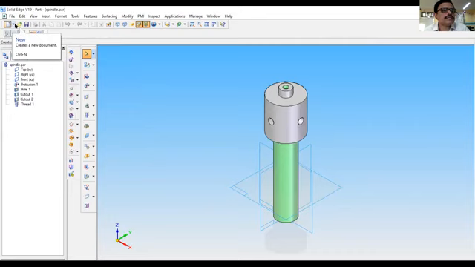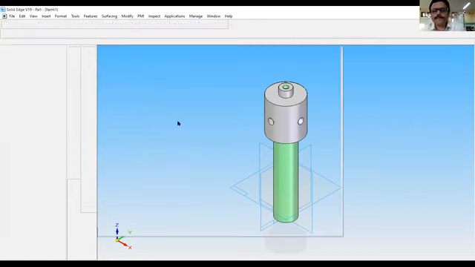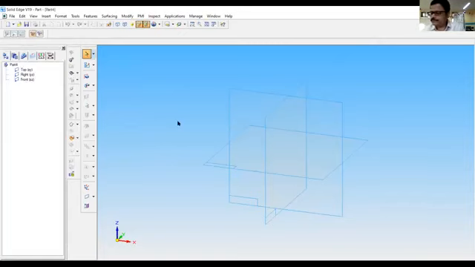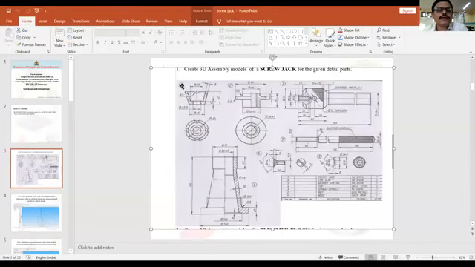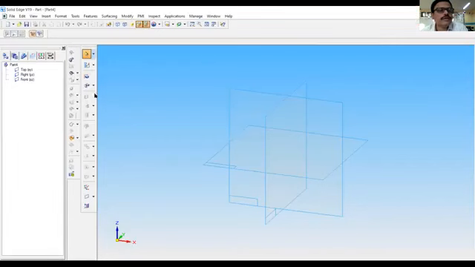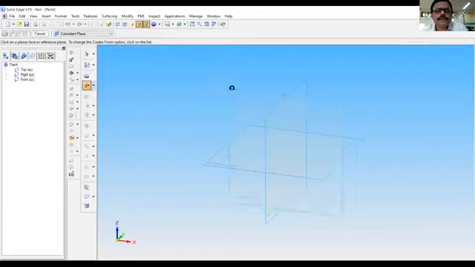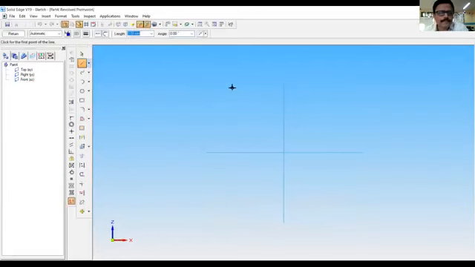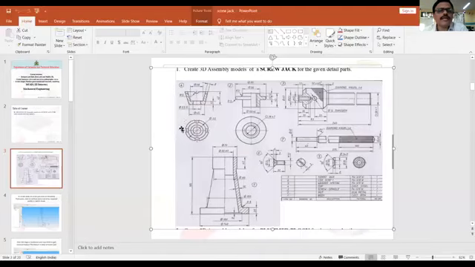Now the next part is to be done. Next part, go to solid part. Next part is this cup. You can see the cup here. This is the cup. That is part number 4. So we'll do that. Go to revolve protrusion, front plane. This profile is to be drawn here. This profile I will draw first and then revolve it.